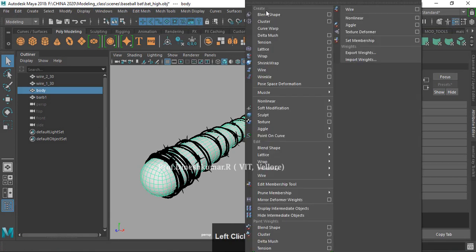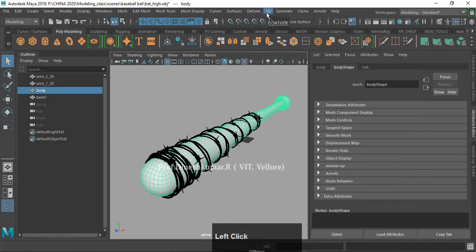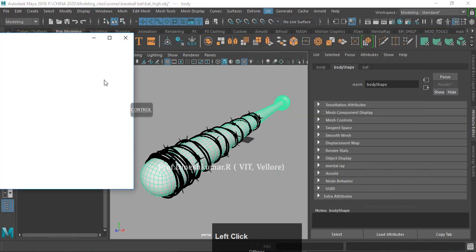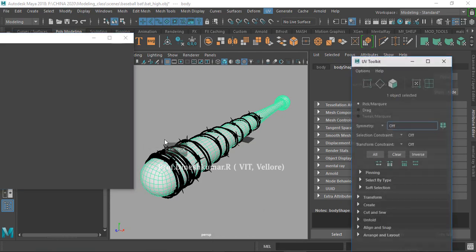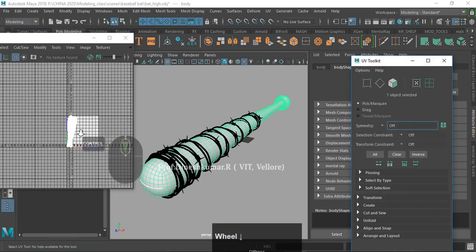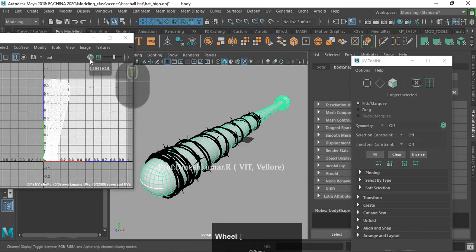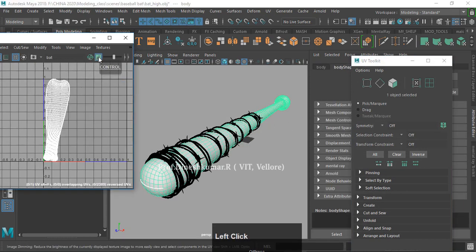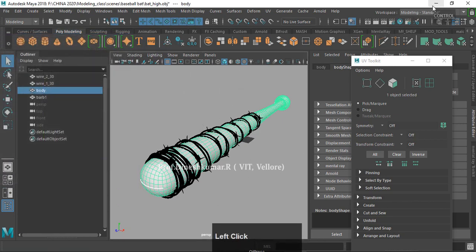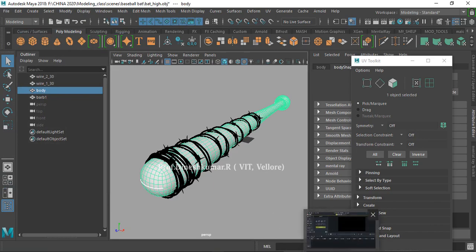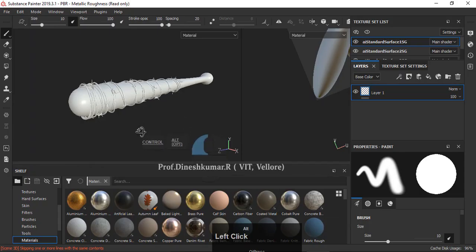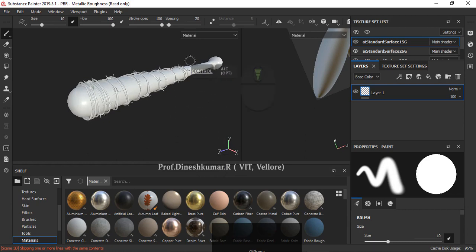Just open your UV editor and see whether the UV is done for the object, because before you take it into Substance, the UV should have been done, and here the UV has been done, it seems. So yeah, UV is done. Okay, so that's much more important. You have to UV unwrap the model. Only after that you should take it to Substance. That is highly recommended. So now here we have all the objects, and before we start doing anything in Substance,